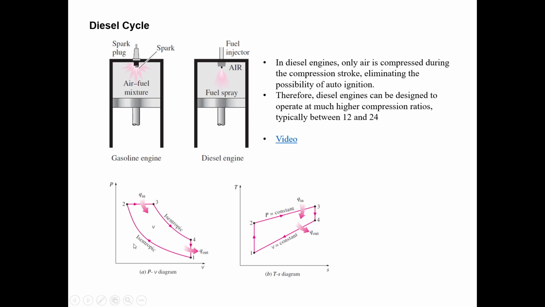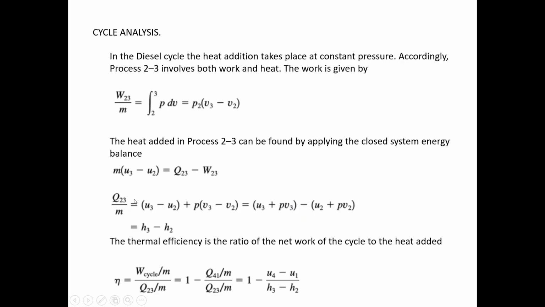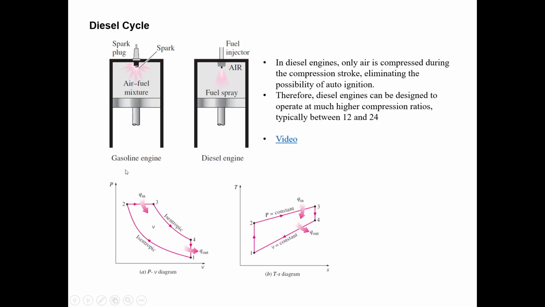What is different is the Q in heat addition. So in the Otto cycle you have something like this, goes like this, right? Straight up, where you have a constant volume heat addition process like this, right? Constant volume heat addition. But in the diesel cycle, we have a constant pressure heat addition process, right? So P is constant. Then we have isentropic expansion, constant volume heat rejection, isentropic compression, right? So the only difference is constant pressure heat addition in the diesel cycle, constant volume heat addition in the Otto cycle,